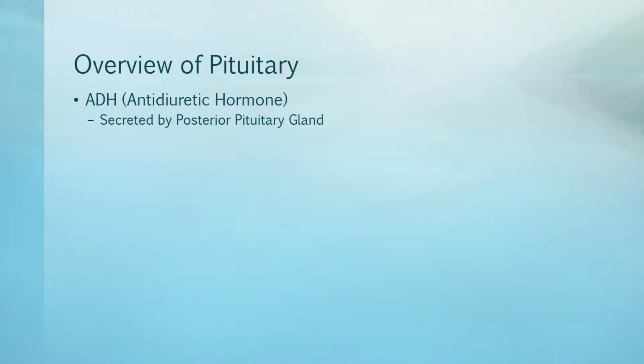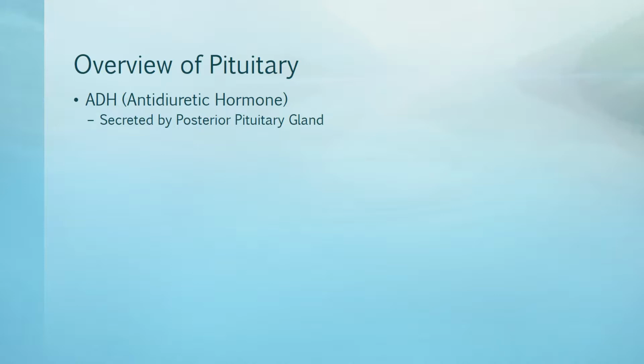And it has two parts. Remember, there's an anterior and a posterior pituitary. And the diseases we're going to talk about, the prime focus is going to be on the posterior pituitary. The posterior gland is primarily made of nervous tissue and its function is to store and release ADH, which is our antidiuretic hormone. ADH is also known as vasopressin,